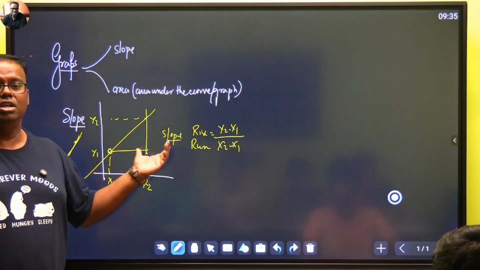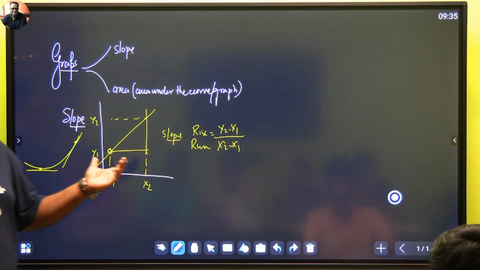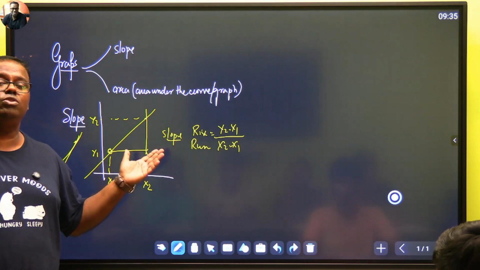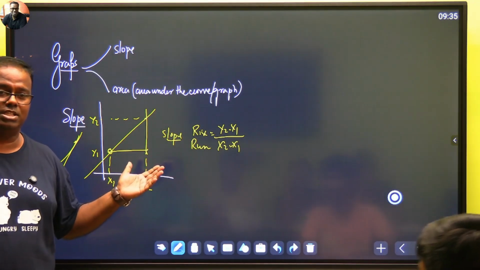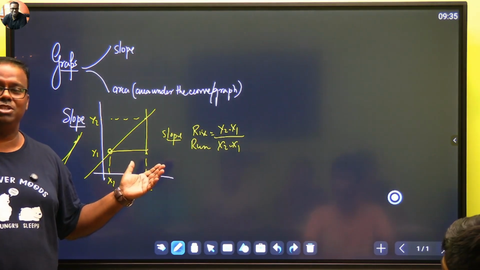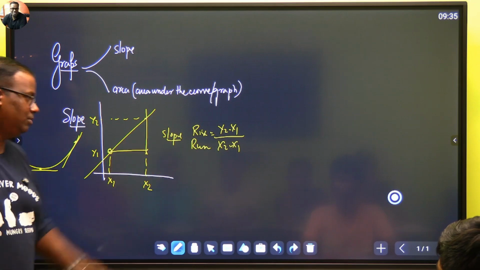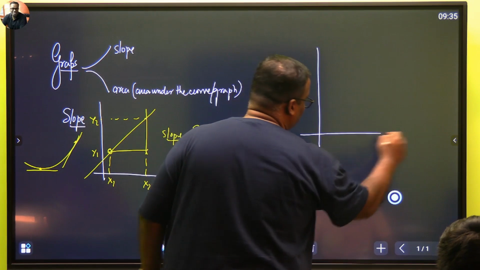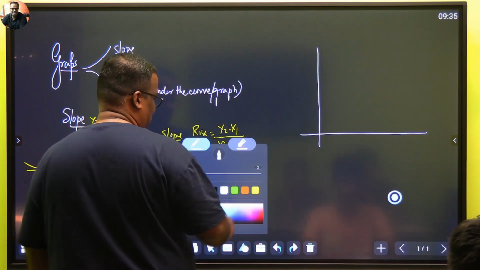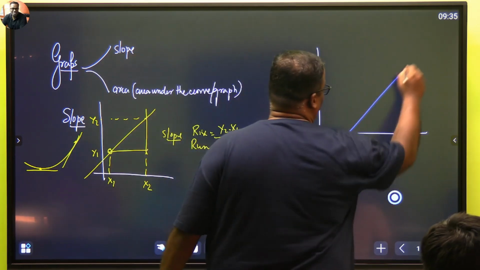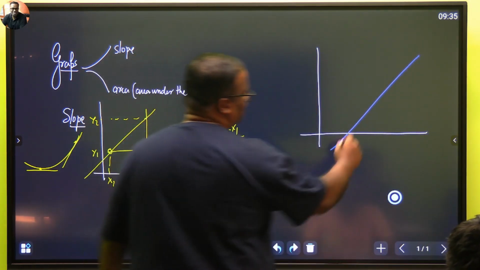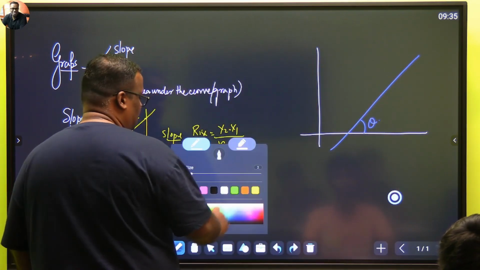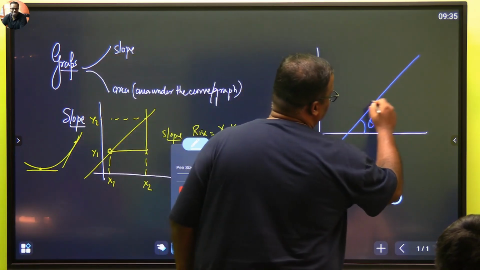Now more things to understand: positive slope. How do you understand positive slope? If a line makes an acute angle with the positive direction of x-axis, याद है कि नहीं, then the slope is said to be positive. सब भूल गए हो, but you cannot afford to forget this. If there is a line which makes an acute angle, this theta, always look at this theta wherever you want to take out, and look at this theta from positive direction of x-axis.